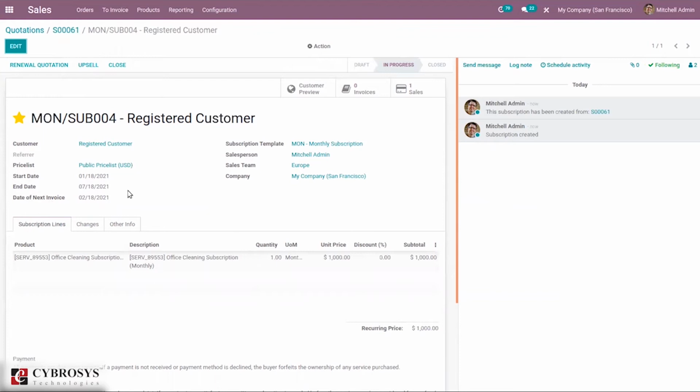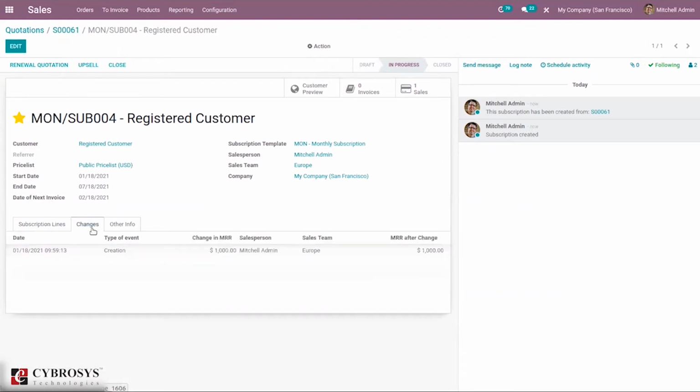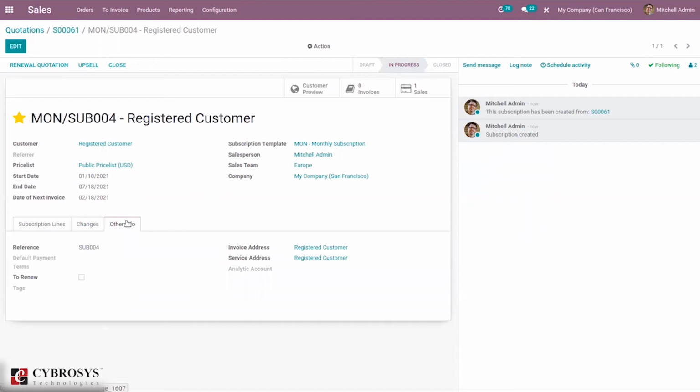These details can be seen here, and we can see the subscription line. Then we can see the changes, that is, the change in monthly recurring revenue. Then we can see other related information like the reference.